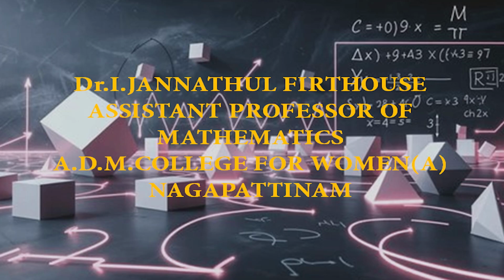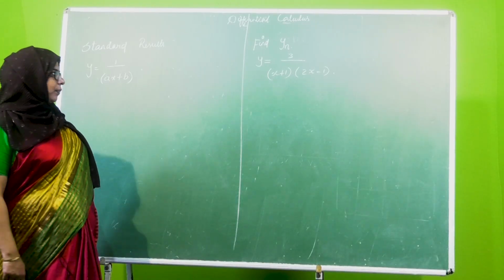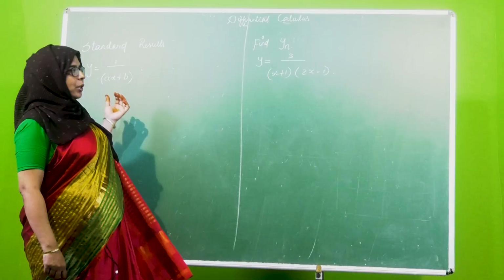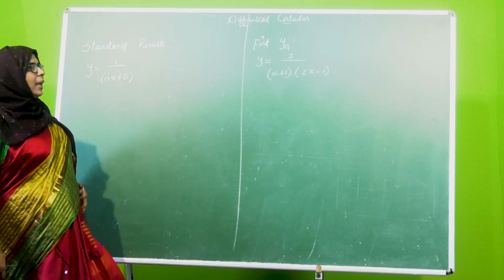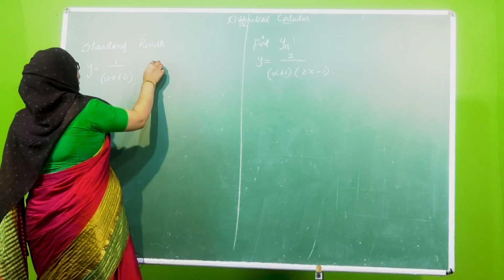Today we are going to see the partial fraction in differential calculus. Let us see some examples in partial fractions. First of all, we have to know the standard results, the basic results of the partial fraction. Now, we are going to see the standard results of y equal to 1 divided by ax plus b. Find